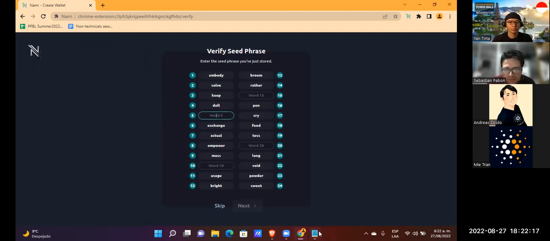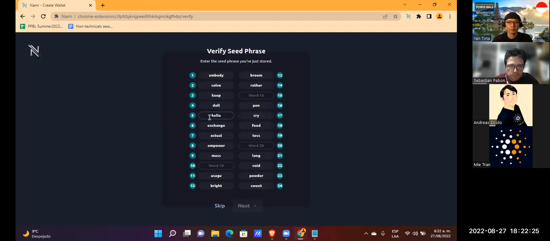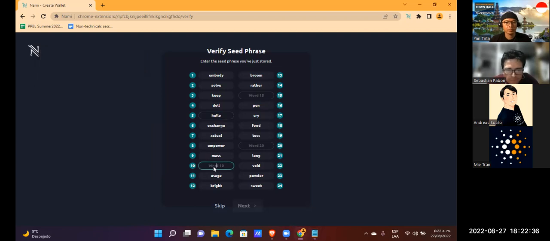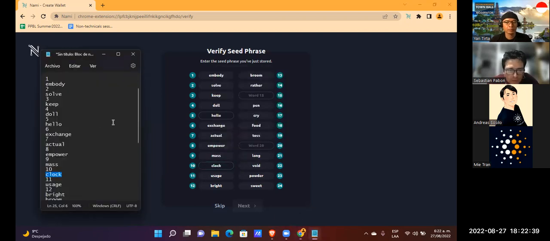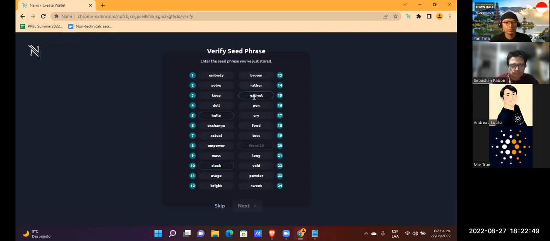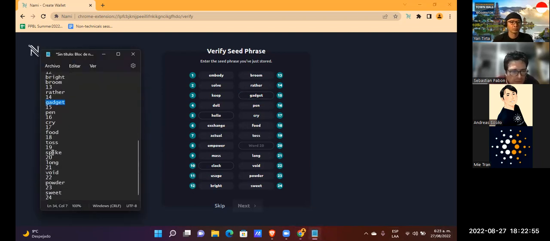So here we have number 5, after go. Then, after mass. 15, after rudder. 20, after toss.